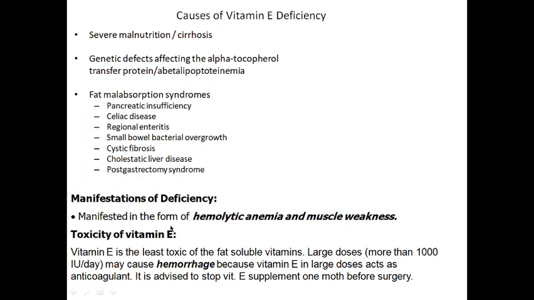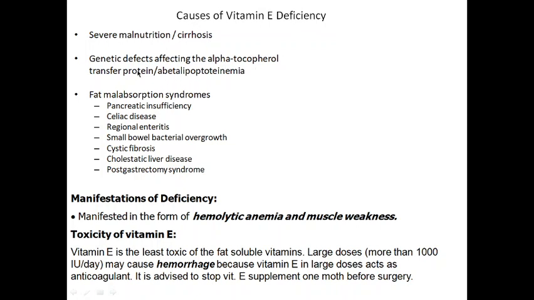Now, vitamin E deficiency. What are the different causes that lead to vitamin E deficiency? Number one is severe malnutrition, as in cirrhosis of the liver. Cirrhosis affects bile salts, and the bile salts are important for the absorption of the fat-soluble vitamins, including vitamin E. Sometimes vitamin E deficiency may be due to genetic defects affecting